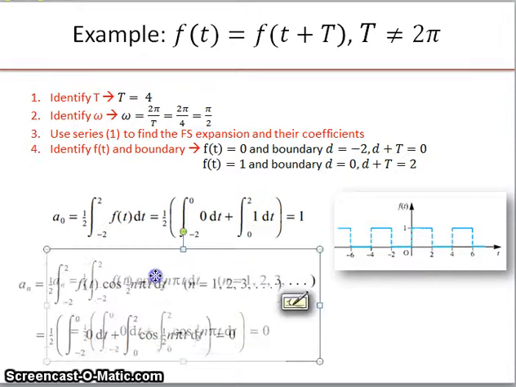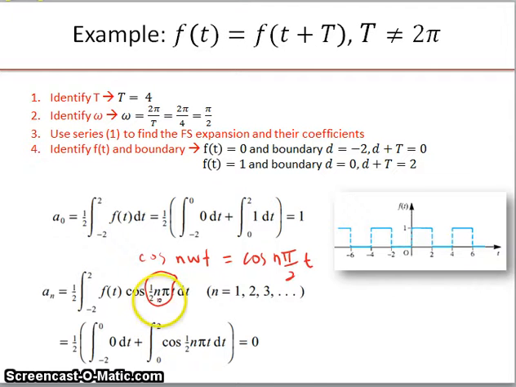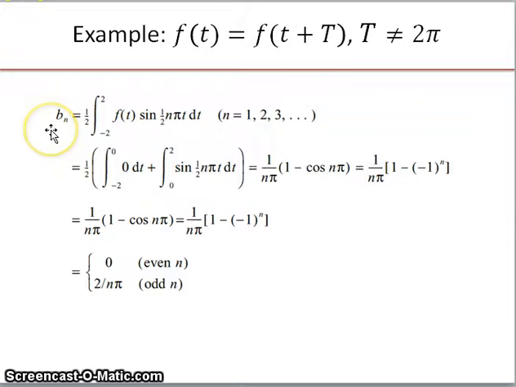Now from here, I would just like to take your attention that cos of omega n t now becomes cos, and the omega is pi over 2, so we get cos of half n pi t. And by using the integral, we will get the an. Next, for the bn it is also the same thing, but we multiply the f(t) with